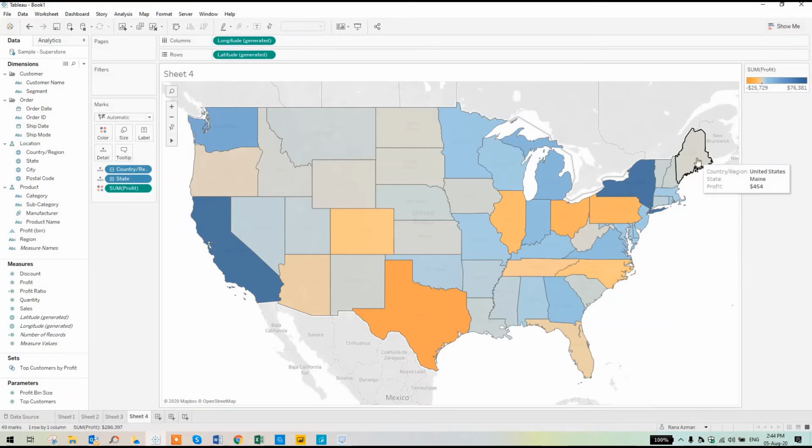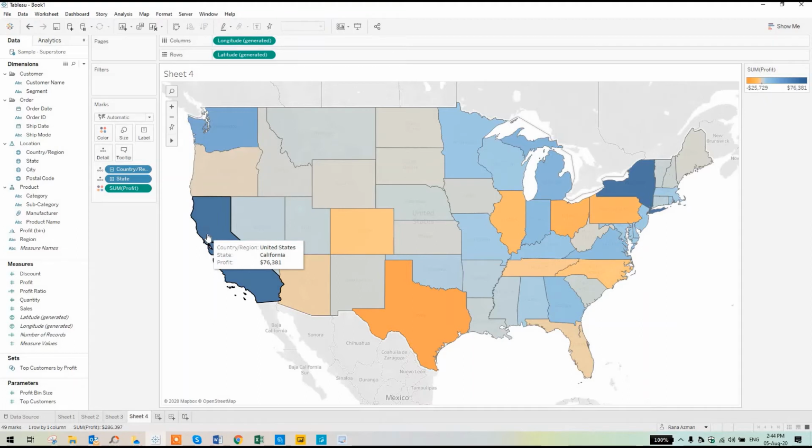The map is there. It has automatically color coded the value of profit. The color legend over here is showing that the orange color indicates a loss, and the darker the blue, it's showing a good amount of profit. So Tableau has automatically plotted the state name to each state, and once you hover on that, let's hover on this California state.